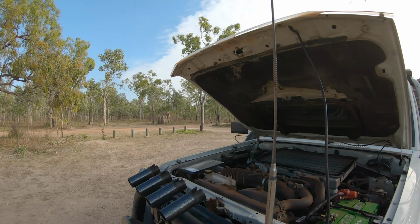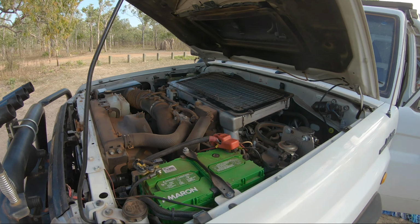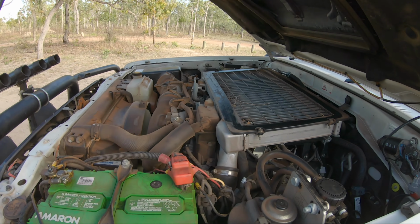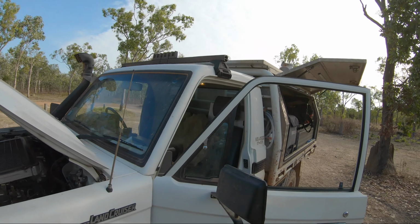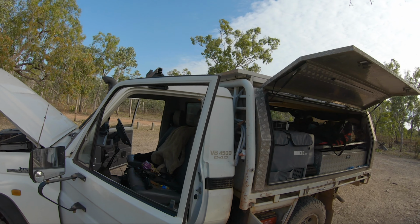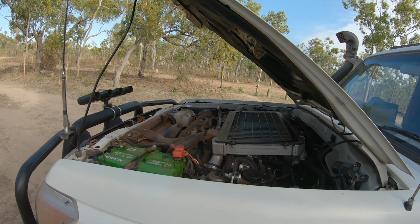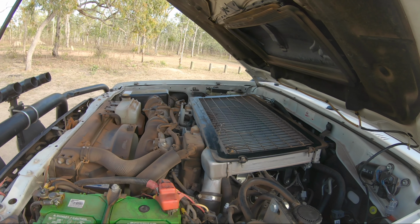Right, morning guys. So we just pulled up just up the road from where we camped last night. It was a good little camp spot, and we just realised that the fridges aren't going down as good as they should. So we've just had a quick look, and what's happened is on the car here we run a 120 watt solar panel on the roof that charges the fridges while the car's stopped, and obviously then we also have a 6mm cable coming off the battery,